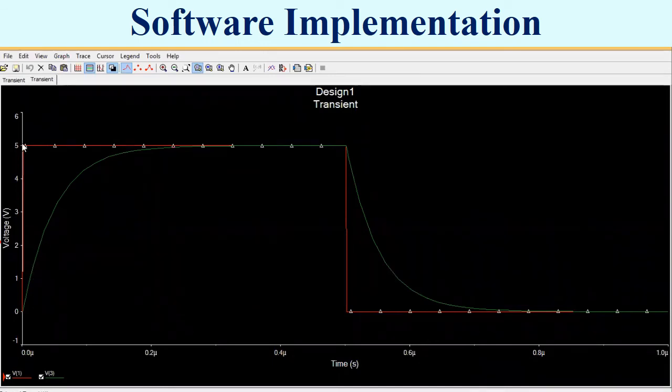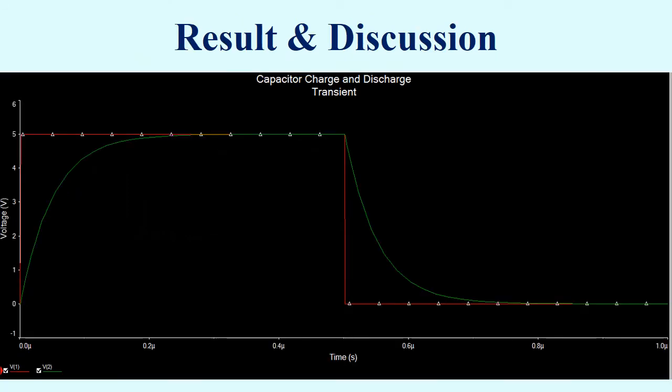When the battery voltage equals 5 volts, the capacitor charges itself, as we can see in the green waveform. And when the battery voltage moves towards 0, the capacitor discharges itself. So this is how we can build our circuit diagram in NI Multisim software. We can analyze the result of this experiment in two stages: the transient response and the steady state response or forced response. During the natural response or transient response of the RC circuit, the capacitor discharges itself.